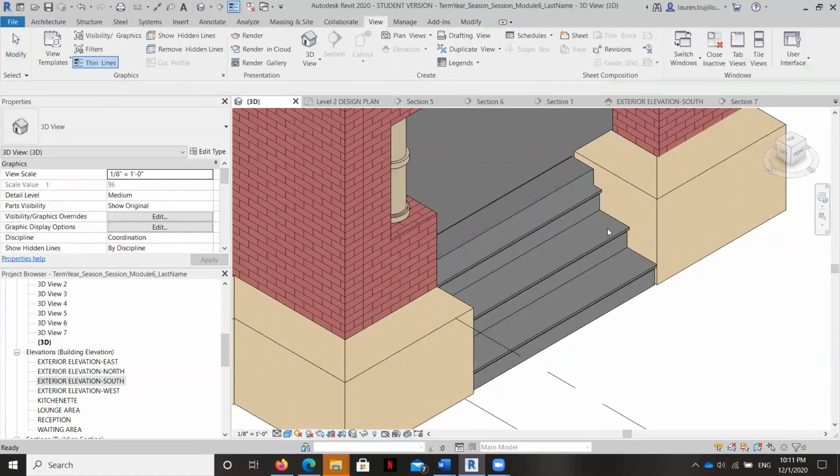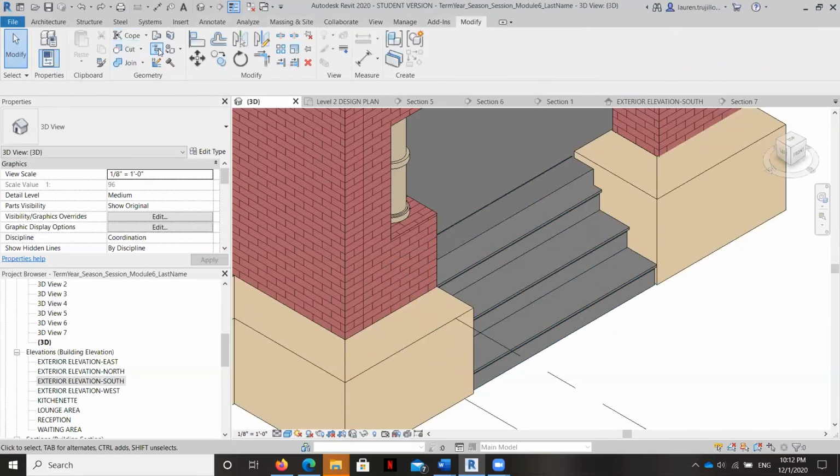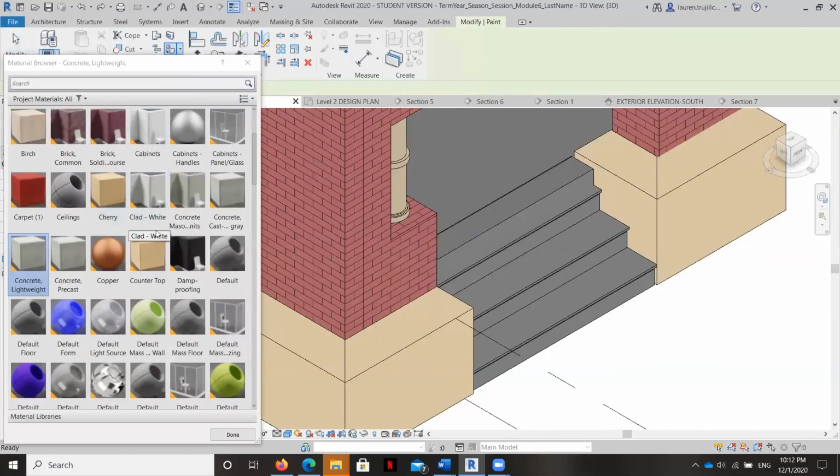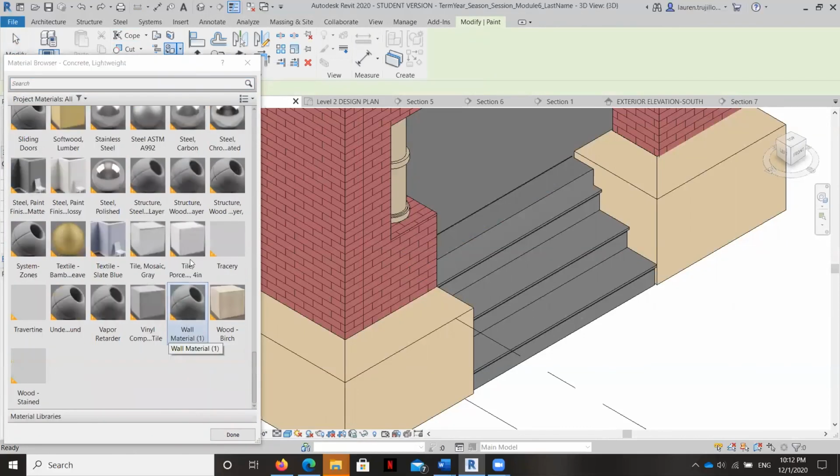No. Okay, the reason why it's not going to allow us to have all the functionality about the stairs like we normally have with the windows is my guess is probably because there's so many things that are able to be changed in a set of stairs that most designers would want to create their own parameters for that and then assign them, which is fine, but we're not going to spend the time to do that. You can if you want to, just for the practice, but I'm going to just paint them for right now, because we certainly have a beautiful travertine sample that we can paint very easily.